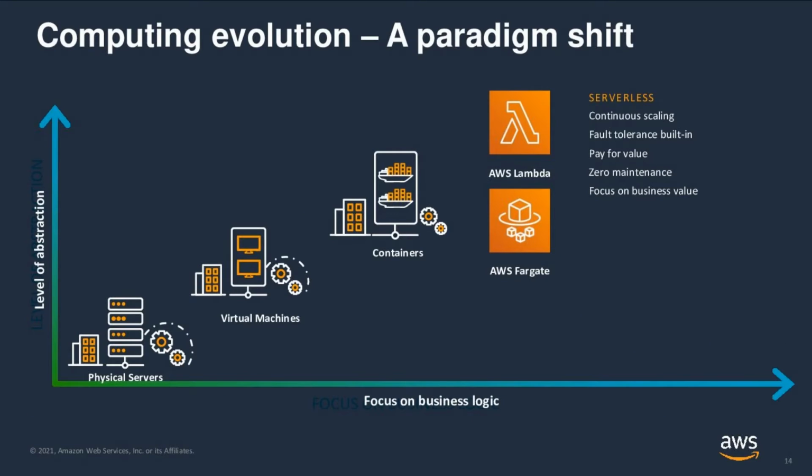Let's look at the way compute choices have evolved over time. Not too long ago, and in some places even now, there are organizations who prefer to maintain their own data centers. As a consequence, they're not able to leverage all the innovation that's happening in the cloud. They need to renew the hardware regularly to keep up with the pace and have an upfront capital expenditure before they can do any innovation.